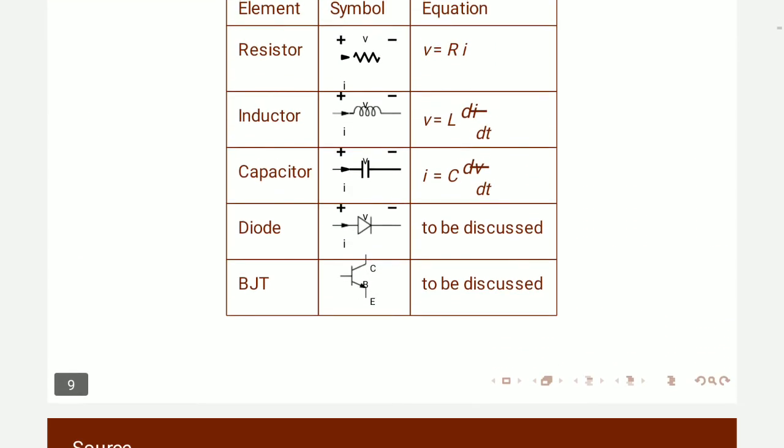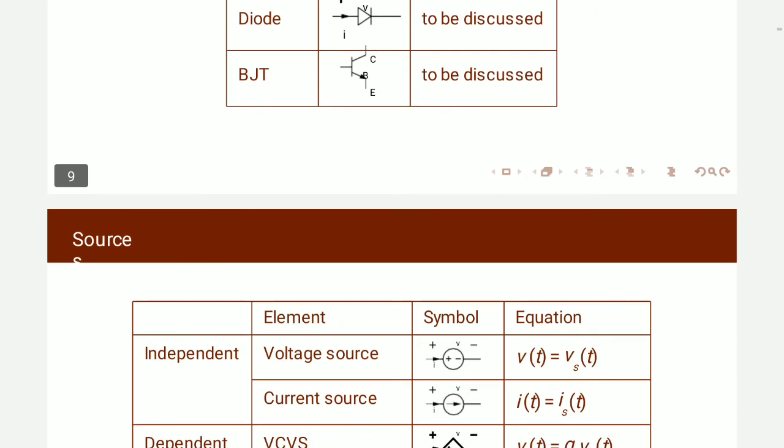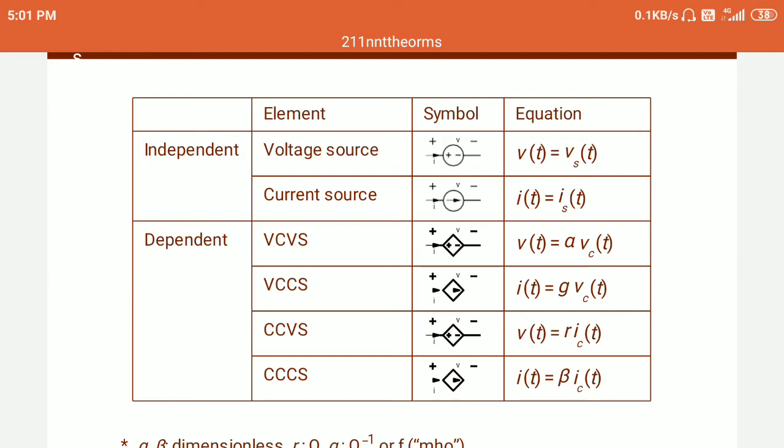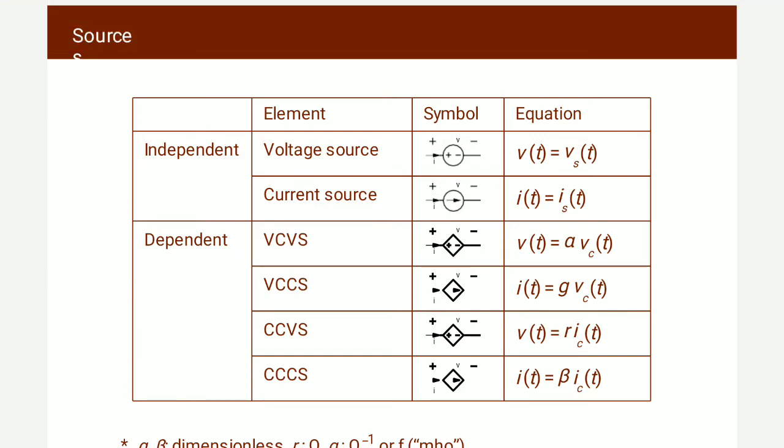Here are the element symbols: voltage sources V(t), current sources I(t), and dependent sources VCVS, VCCS,